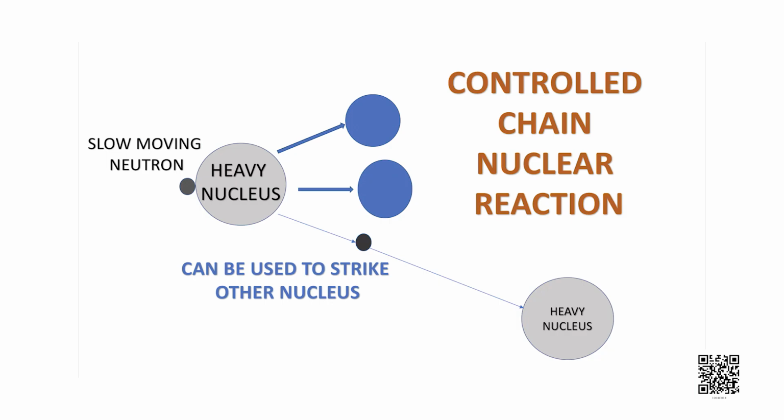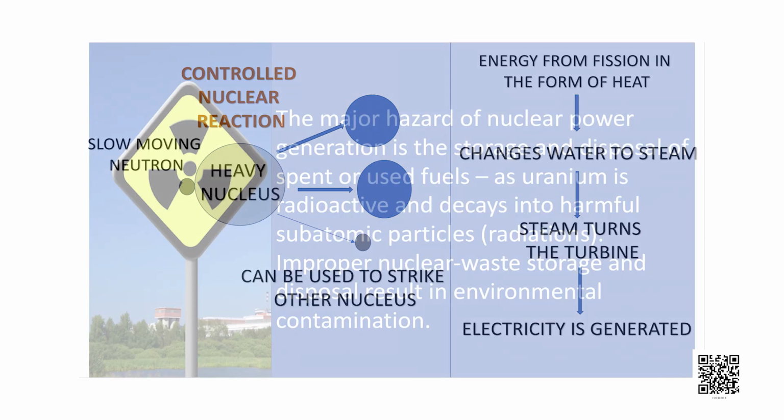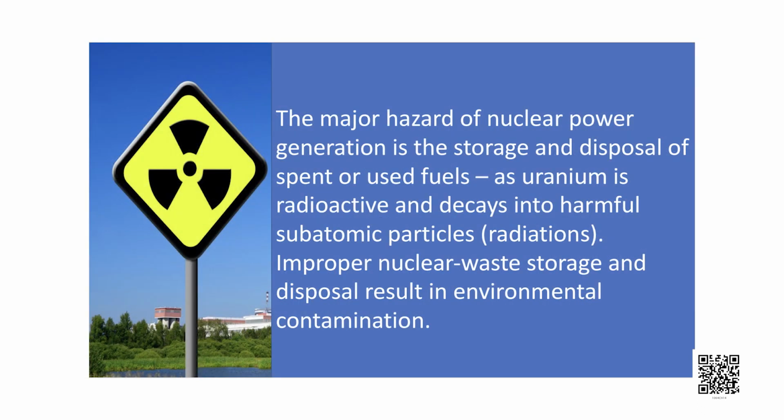Now, this process can continue, and this will be an uncontrolled chain reaction or a self-sustaining reaction in which the energy released can be devastating. If out of 3 somehow 2 neutrons are removed so that only 1 neutron is left to carry out the next reaction with 1 more uranium atom, then this reaction will be a controlled chain reaction. The heat energy released can be used to convert water into steam and further generate electricity.